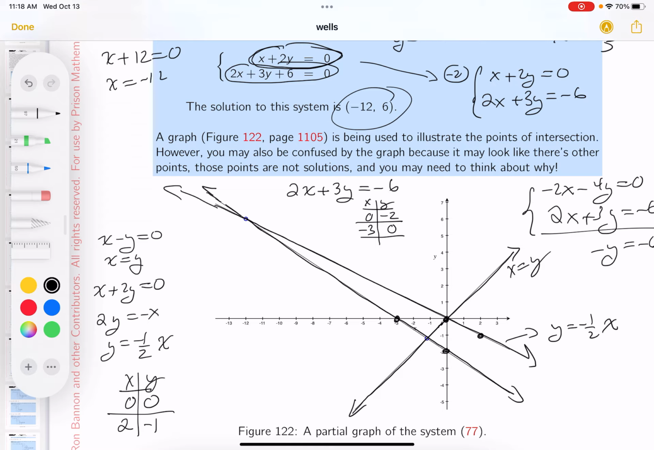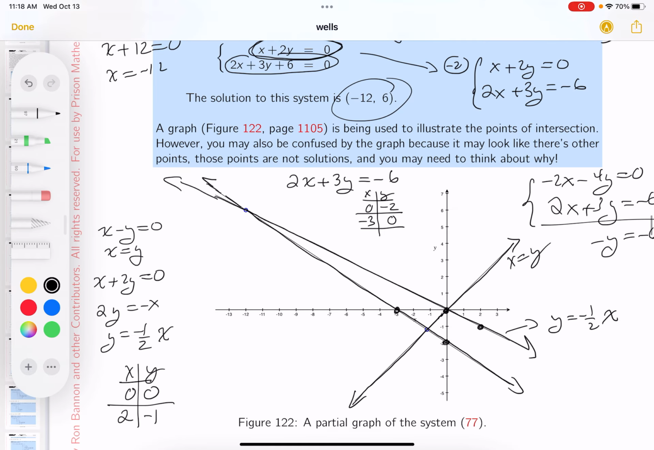Okay, I found 2 points of intersection. I want to point out what those points are. This point here, which is minus 12, 6. I hope you realize that you could trace down there, see the minus 12, trace over here, and see the 6. I'm going to be honest with you, that's not the easiest thing to do, by the way,